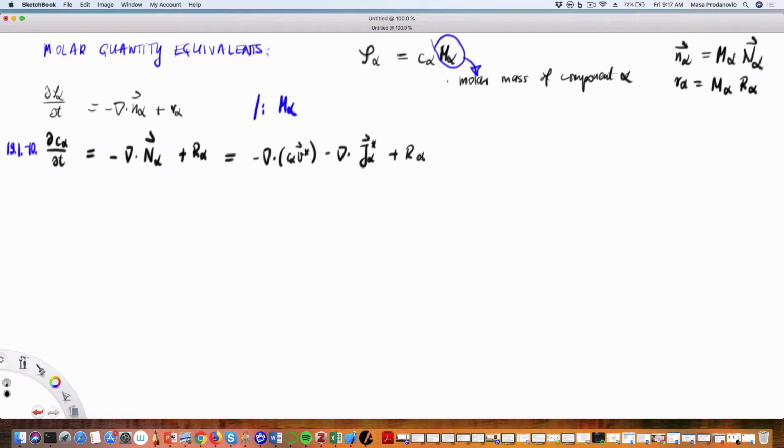If I was summing this just like I did for the equation of continuity, what we would get is that the sum of all C alphas is C. So I'm going to immediately get C here. So if I do the sum over alpha,